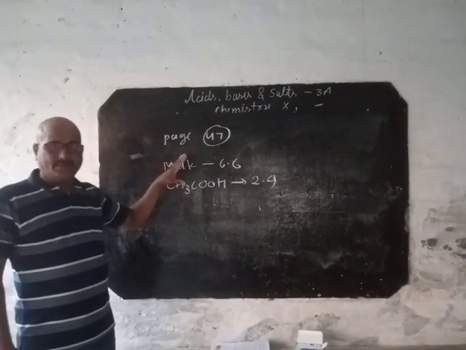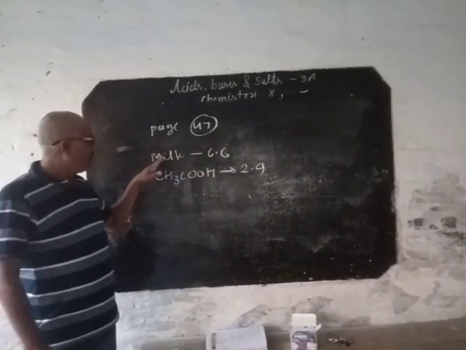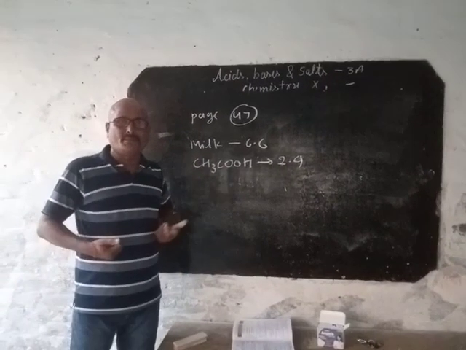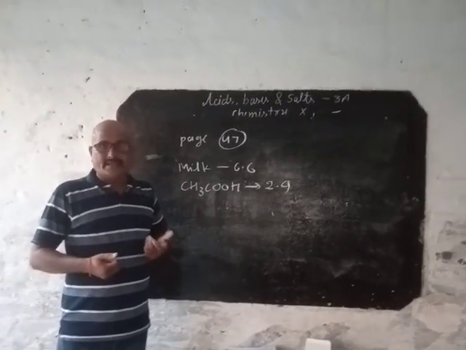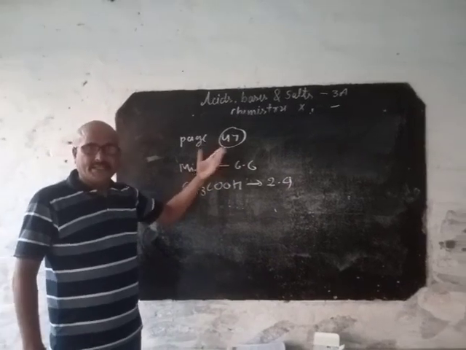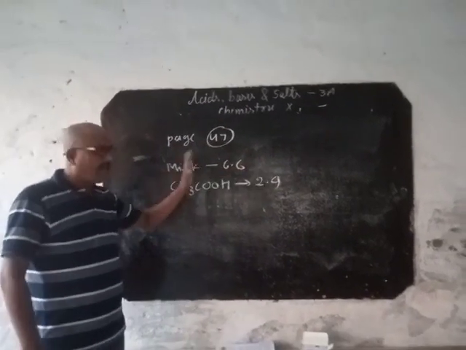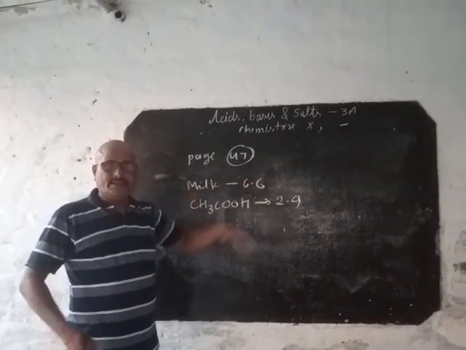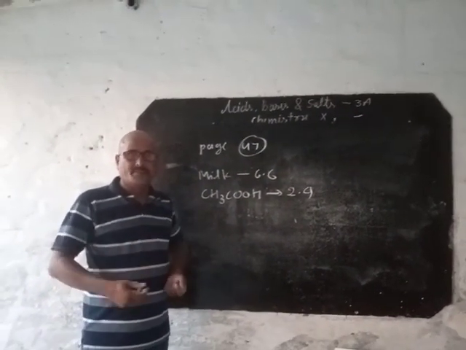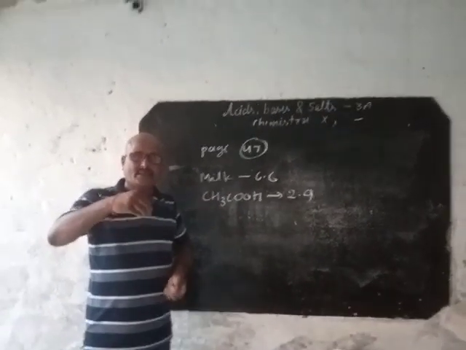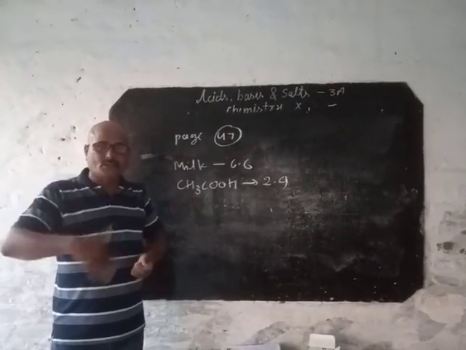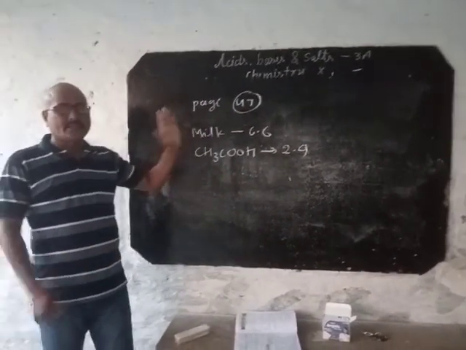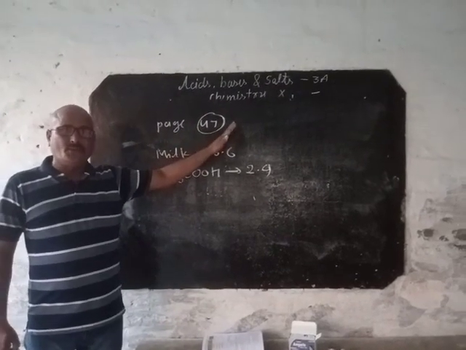no need to take milk within the same hour, means after 1 hour, 2 hours, because both are acidic in nature. And we know that when we are suffering from acidity problems inside, we use a base, because base neutralizes the reaction. If acidity, then we take gastrol, which only neutralizes the reaction. Already I had explained what a neutralization reaction is: when acid reacts with base, it forms salt and water.